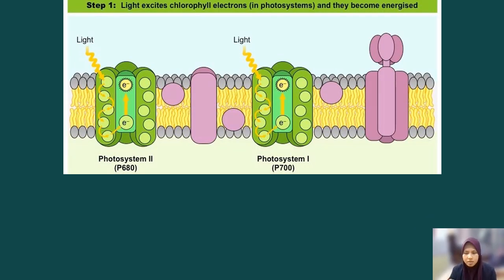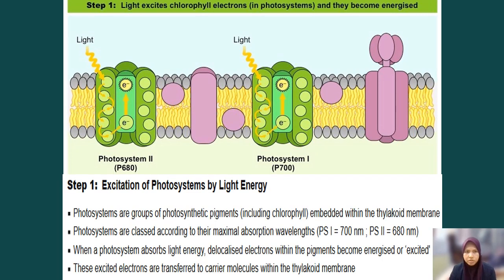So for this light-dependent reaction, the first step is the excitation of the photosystems by the light energy. When the light is absorbed by one of the many pigments in photosystem 2, also known as P680, the energy is passed inward from pigment to pigment until it reaches the reaction center. In the reaction center, the energy is transferred to P680 of photosystem 2, and it boosts the electron to